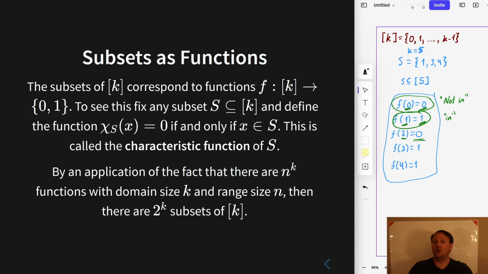So we've now counted all of those functions, but based on what we just talked about, there's a one-to-one correspondence between the set of characteristic functions and the set of subsets. So effectively what this establishes is that the number of subsets is 2 to the k, just the same as the number of functions. So that's kind of the upshot. Many of the steps along the way were each interesting in their own right, but there's also the big upshot, a semi-famous fact from combinatorics, one that you really want to notice and carry with you into future subjects, is that the number of subsets of a set of size k